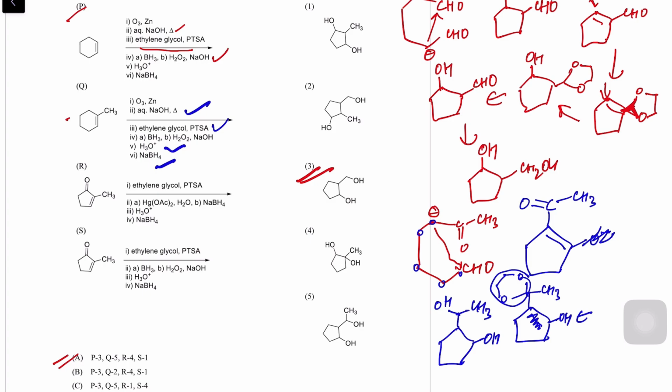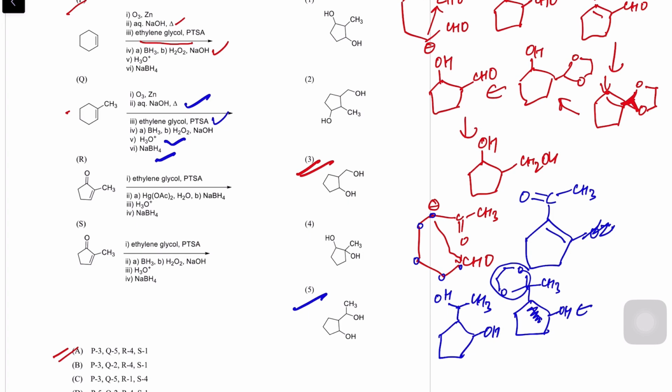So Q matches with 5, right? Cyclopentyl, there is OH on adjacent carbon, there is CH, CH3, OH. Similarly, you can match all the other options. For example, this ethylene glycol, it will form a ketal, all right? Then it is